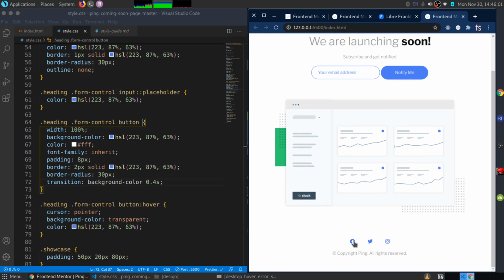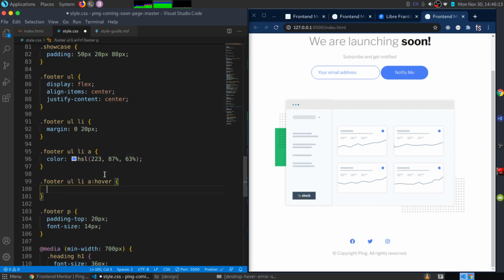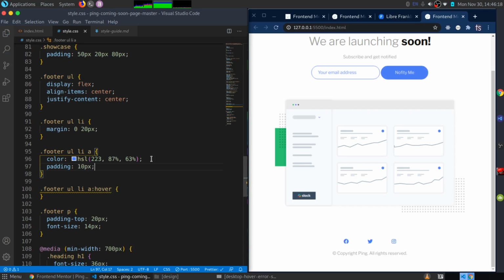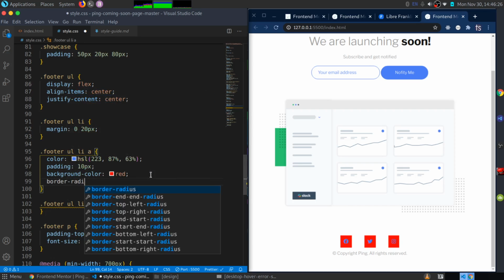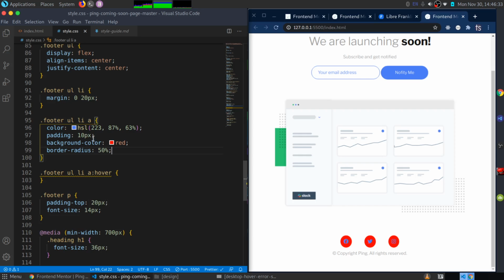So let's add some hover effect for this as well. Where is this? Let me try something. I want the hover state, of course. Let me just see, padding of 10 pixels, background color of red. Okay, that works. And a border radius of 50%, and then I can remove, where did I place the margin? Right here. Oops, we need that. Okay,